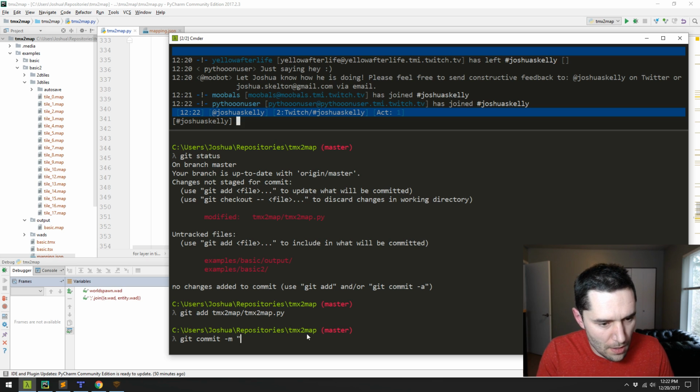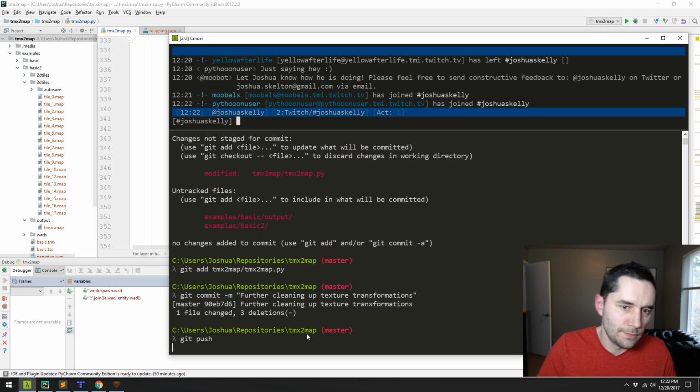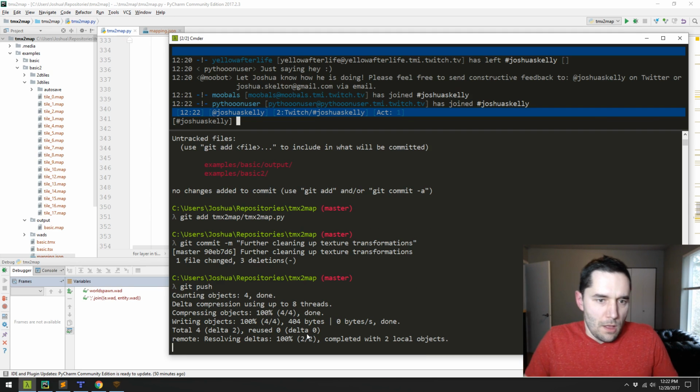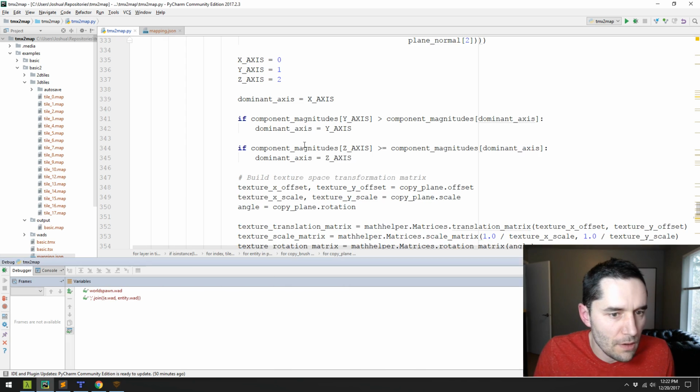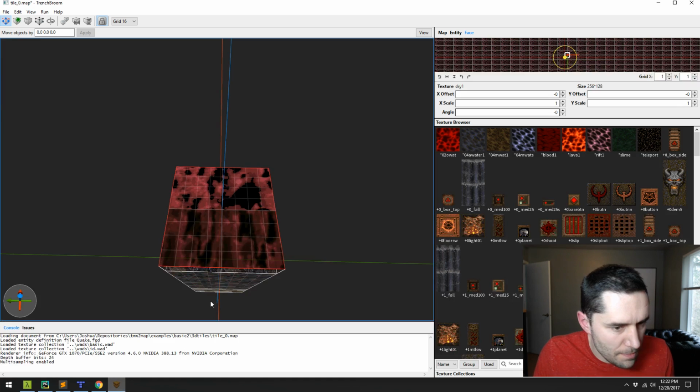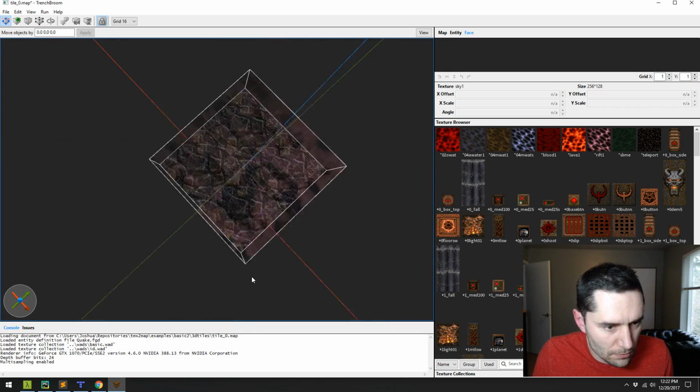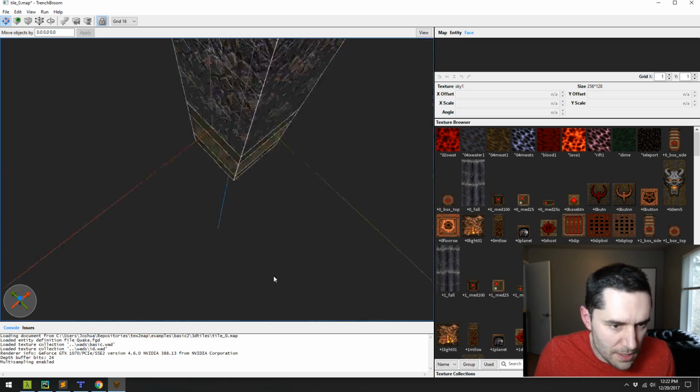How about further cleaning up texture transformation? Cool. How is everybody doing? How is the first half of your week gone for you so far? Okay. Cool. Let's not save this, but